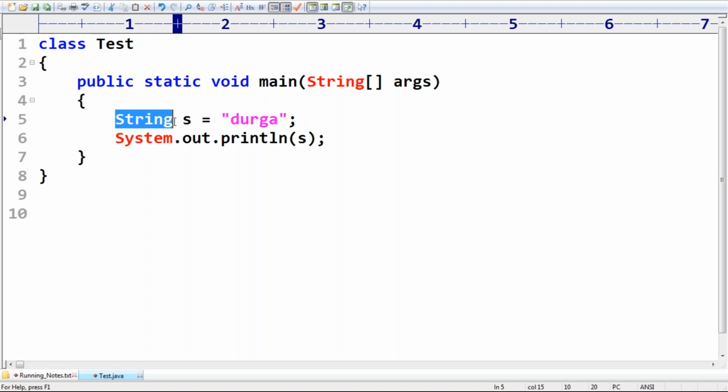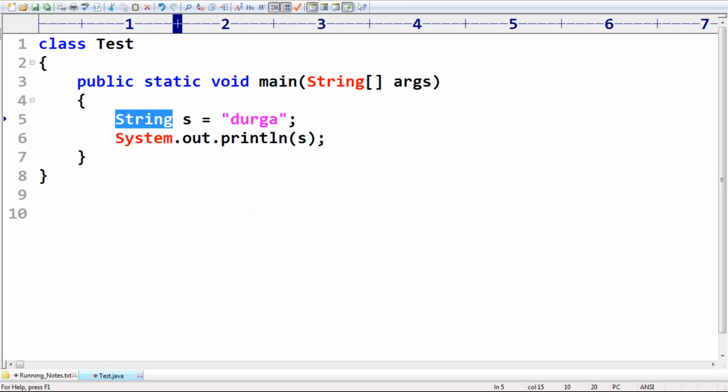Compiler, can you please consider my type automatically based on my provided value? Why are you asking me to specify the type explicitly again? It's unnecessary duplicate code, and the length of the code is going to increase. I don't want to specify the type again. Please consider the type automatically based on my provided value. This type of concept is called local variable type inference.